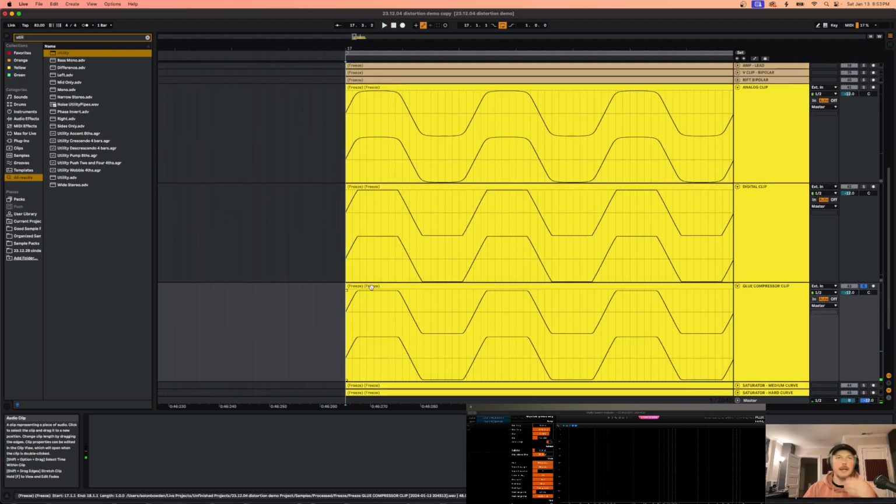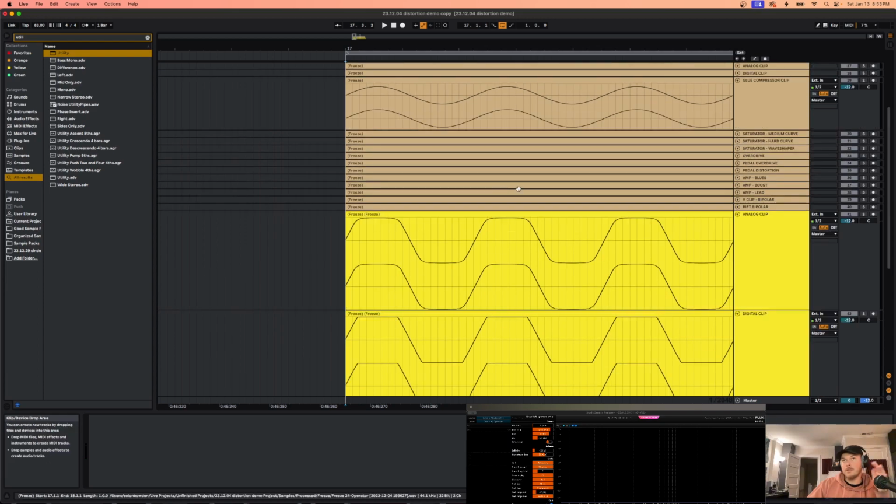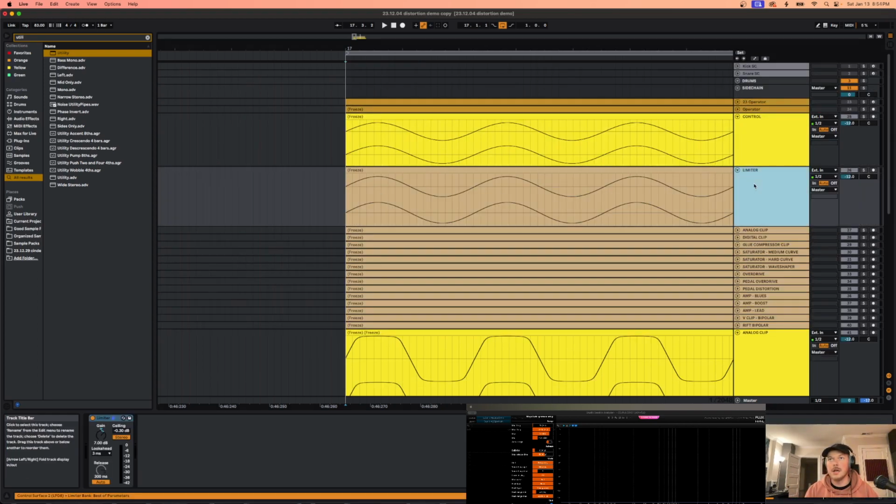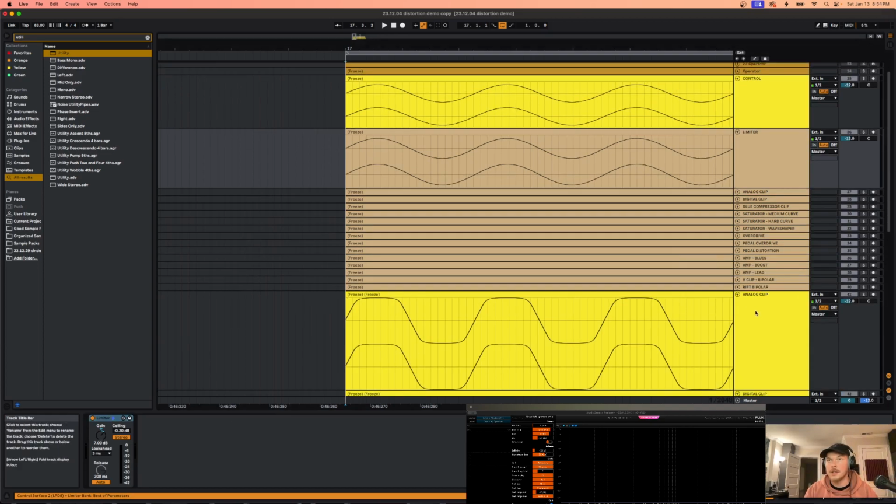Cool. All right, so Ableton's limiter and most limiters, their whole job is to use a look ahead time to process the signal and add a sort of brick wall type compression, where it's squashing the part of the signal that's going over the ceiling or threshold that you've set back down to that ceiling or threshold, and trying to do so in as transparent a way as possible. So on this limiter, I also had it cranked 7, and here is what the